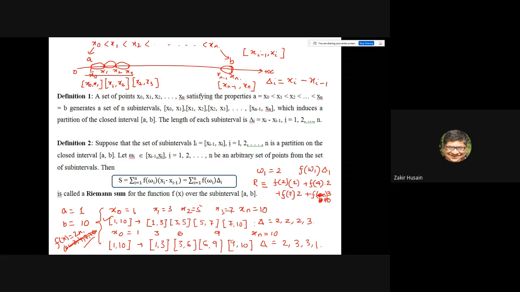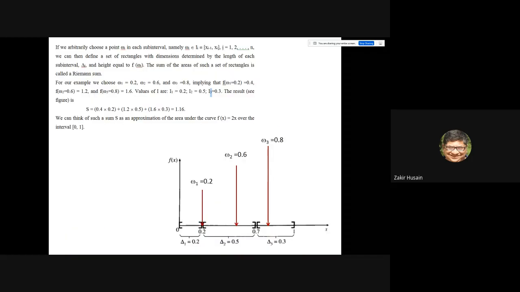So that means your Riemann sum will be equal only if two conditions are satisfied. The subpartitions must be identical and the omega values must also be identical. Okay, so over here, for instance, we have an interval 0, 1. We have divided this into 3 subintervals and taken 3 omegas. Omega 1 is 0.2, this is 0.6 and 0.8. So omega can be on the boundary points also.